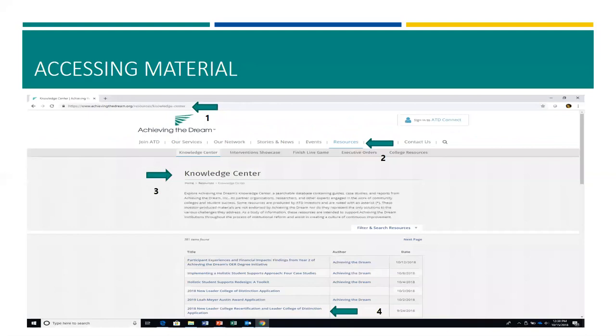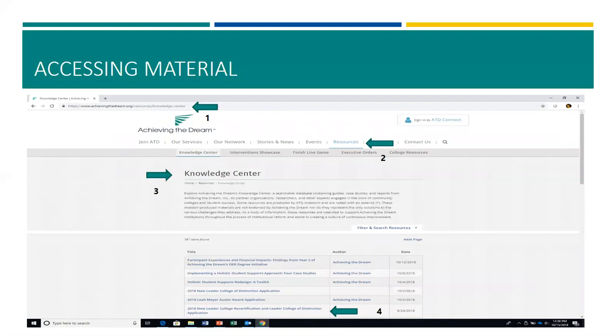This year's Leader College Recertification and Leader College of Distinction application material and instructions are stored on the ATD website at achievingthedream.org, which is marked with the number 1 on this slide. Once you have accessed the ATD website, click on the Resources tab marked with number 2.